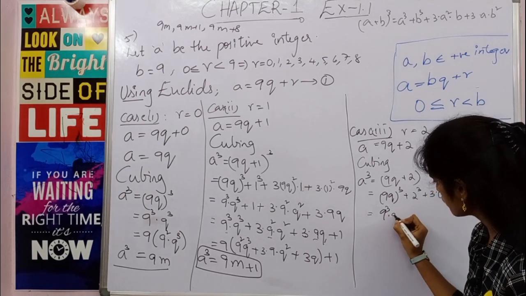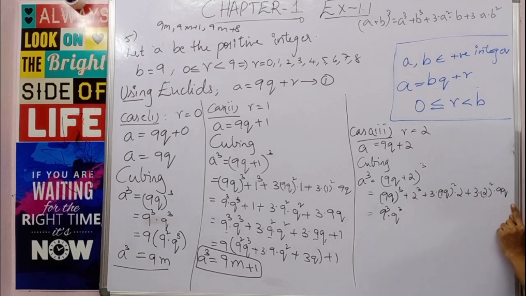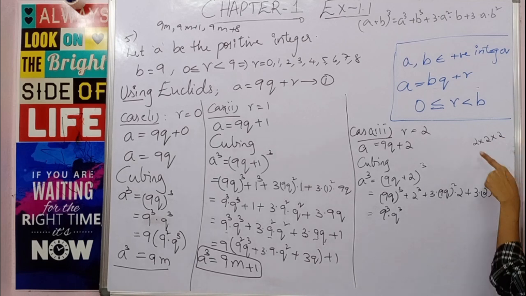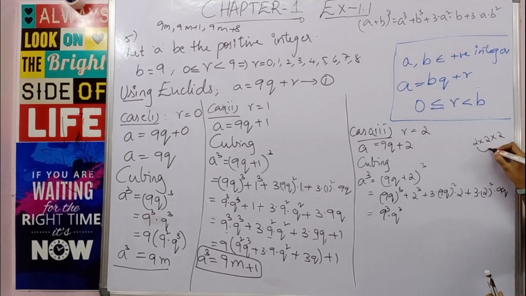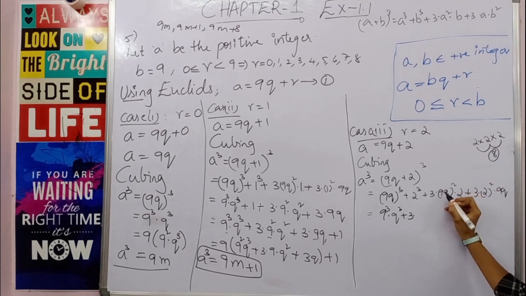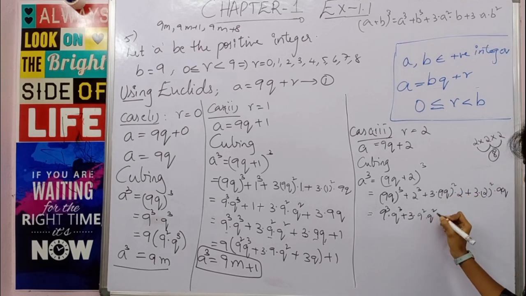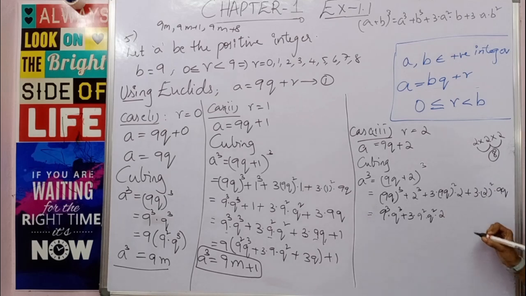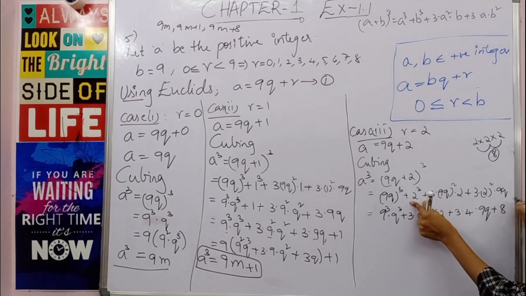So 9 cube q cube, let me take this 2 cube to the end. Okay, 2 cube is nothing but 8. 2 cube is 2 into 2 into 2. 2 multiplied 3 times gives you 2 cube. This is nothing but 2 2s are 4, 4 2s are 8. Okay, you don't have 9 here, so I am taking this to the last. Now all these terms, firstly let us write here. So plus you have 3 multiplied by, this is 9 square q square, and you have a 2 multiplied. Okay, plus here you have 3 multiplied by 2 square is 4 multiplied by 9q, plus this 2 cube is nothing but 8.